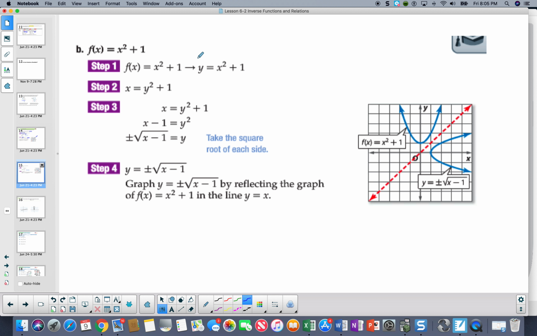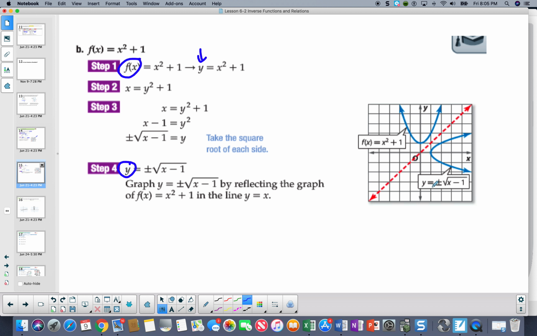So step 1 is to rewrite, so we're going to take this out and put a y in. Next step is to exchange the x and the y. You see the y is now an x, the x is now a y, and now we have to solve for y. So we've got to get y by itself, bring the 1 to the other side. Here is y squared. To get rid of the square, you're going to have to write plus or minus root x minus 1. Okay, and then we're going to take the y and we're going to replace it with the inverse notation,